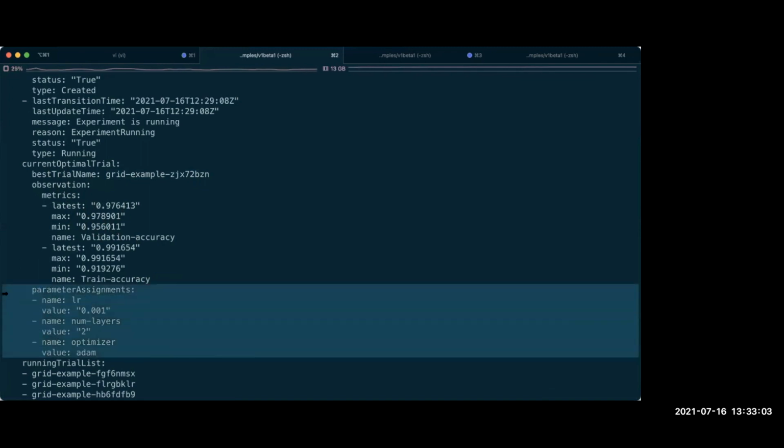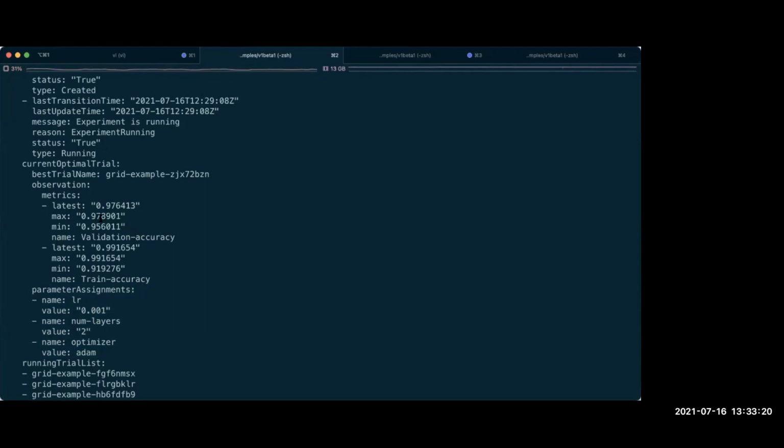You could wait for 12 trials to complete and see the best accuracy till that time. If the objective is met even before that, then it won't run all 12. But as you can see, my max has just reached 0.97. It hasn't reached 0.99, so it will keep on running till I see that my value has reached 0.99.